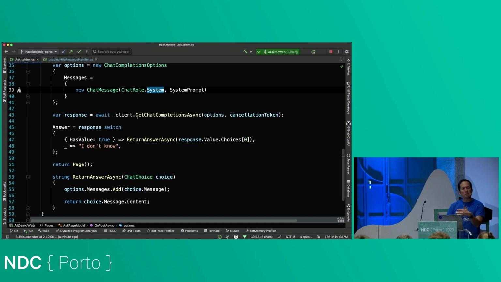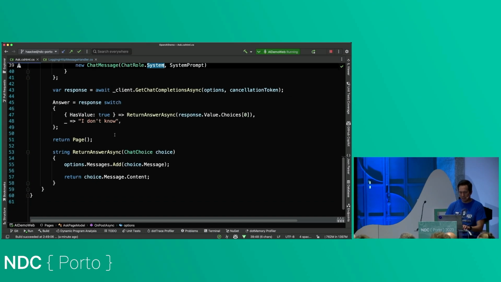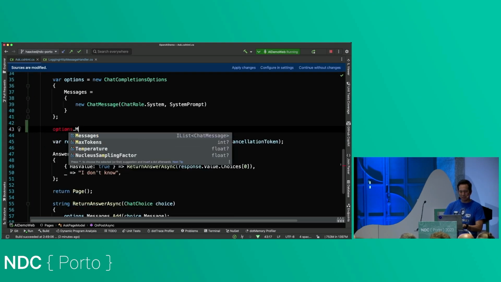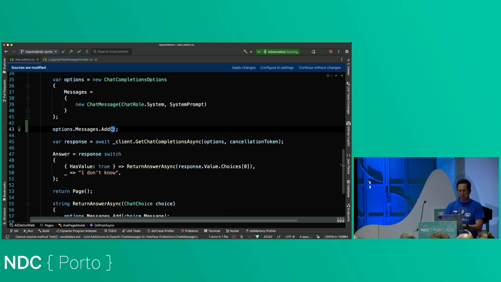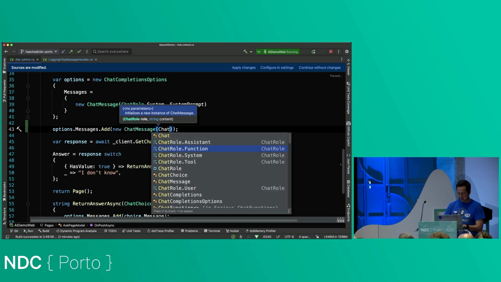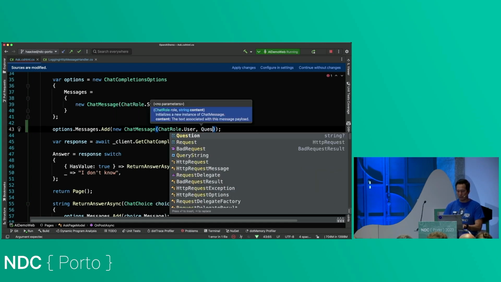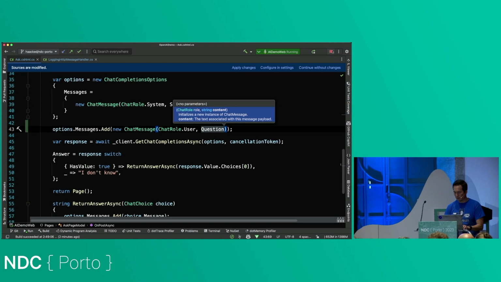And I don't have any pre-populated assistant role ones. And what I'm going to do here is, oh, I see the problem. So we need to add, now I could do it right in here, but I'm actually going to do it out here. options.messages.add. And what we want is a new chat message with the role, chat role user. There it is. And the question. So let's run that.